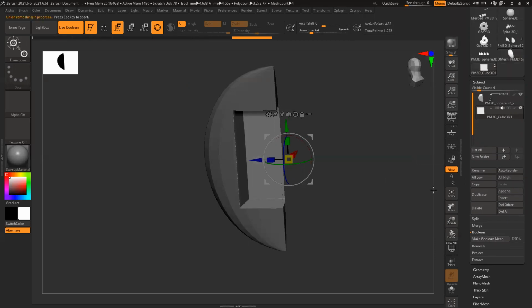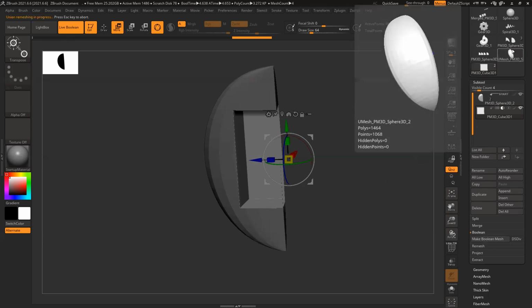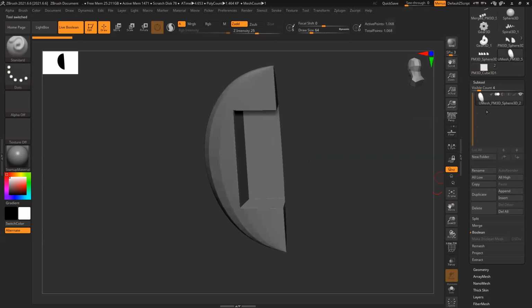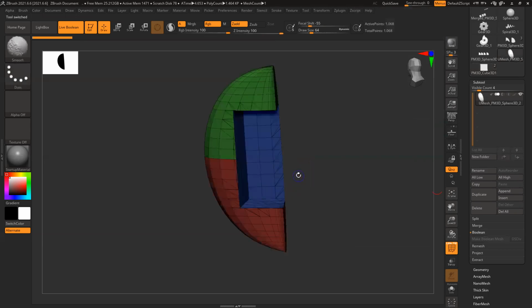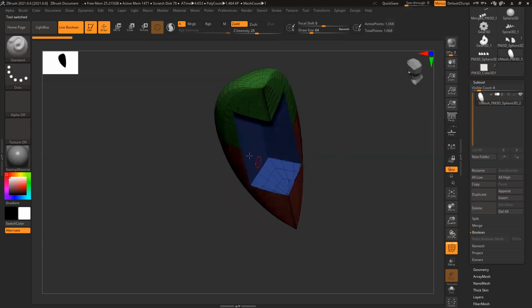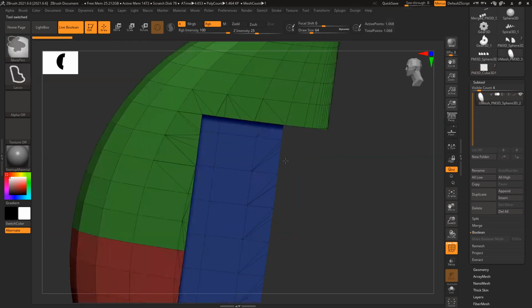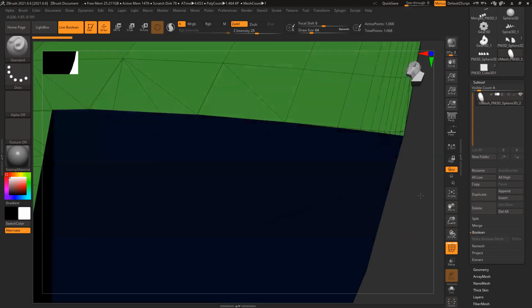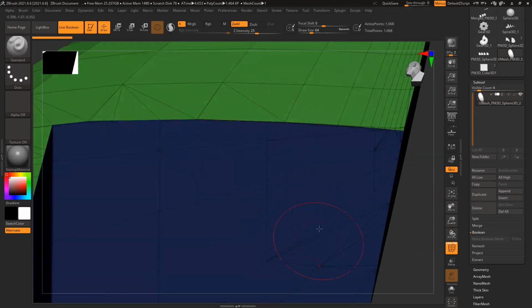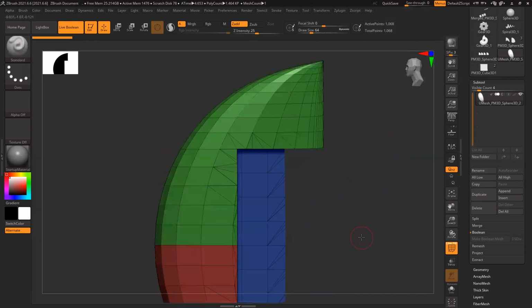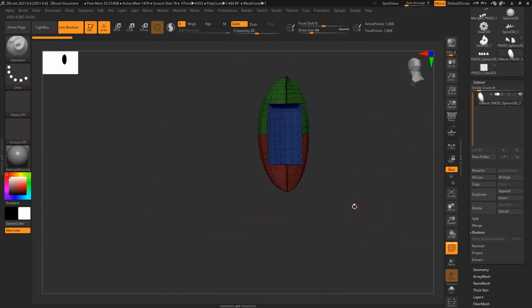make boolean mesh, and you can see nothing changed here, but a shape came here, a mesh. Click on this, you can see it's the same model. Shift F, now you can see all the inside group topology, everything, and wherever you have this connecting point, it will automatically create triangles and connect it. So like this, you can generate nice Boolean shapes and generate nice hard surface models very easily. So like this, we can create everything and make things.